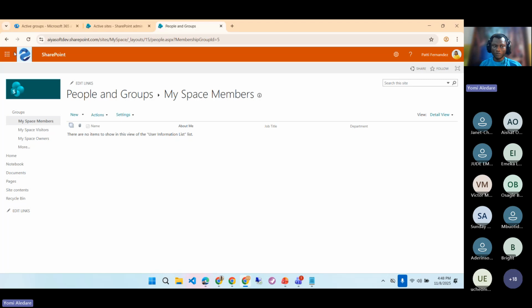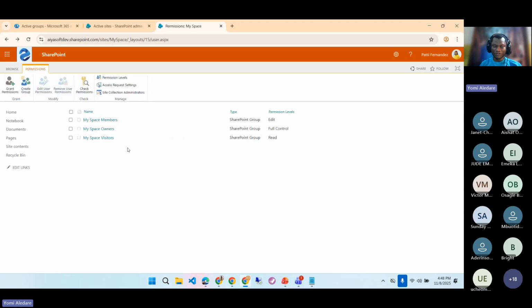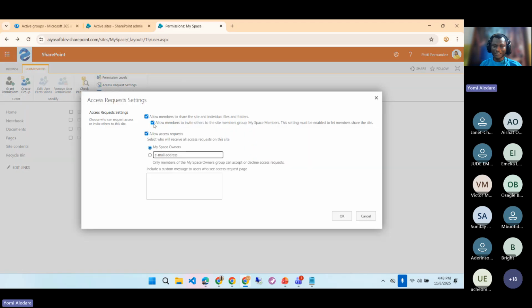Now, if I go back to my access page, I have what is called the access request. This is where I can manage how access is given. I have the option to allow members to share sites, which is fine. I want to keep that so that members can share the site with others. Then you have allow access requests. If I uncheck this,